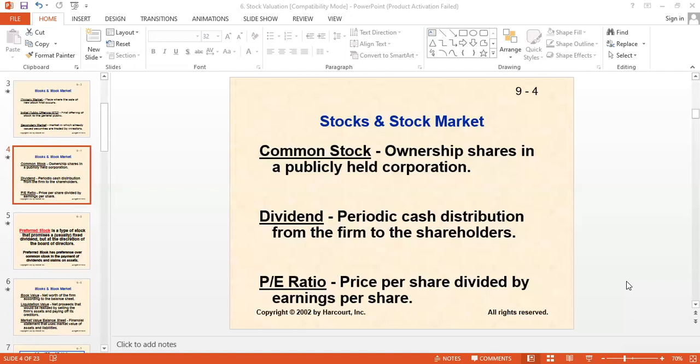I hope you must have realized that preferred stock is very similar to bonds. We discussed at the start of this chapter that bonds are fixed income securities. Similarly, preferred stocks are also fixed income securities. They are shares, and you become a shareholder of an organization, but they also carry a fixed amount of dividend.